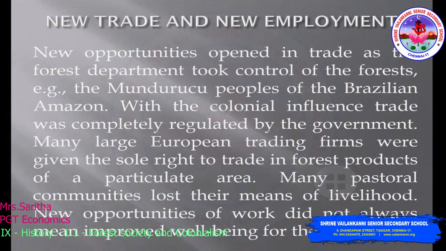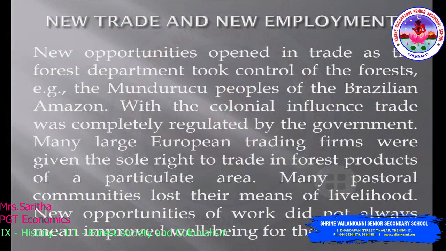The pastoralist communities were also affected by the changes in forest management because their traditional customary grazing rights were taken away and their entry into the forest was restricted. Passes were issued to them which had details of their entry into and exit out of the forest. Some pastoralists even had to change their lifestyle, leave pastoralism, and work in mines, plantations and factories. Some were branded as criminal tribes.